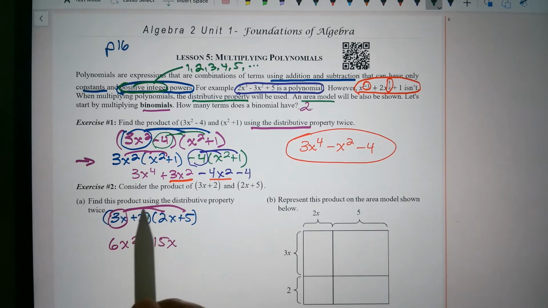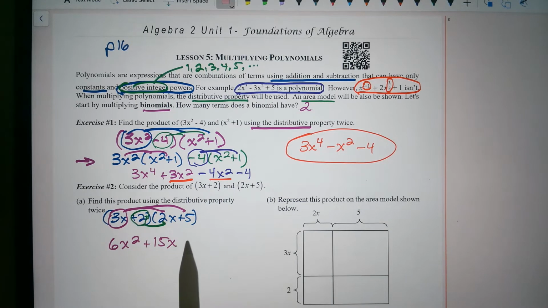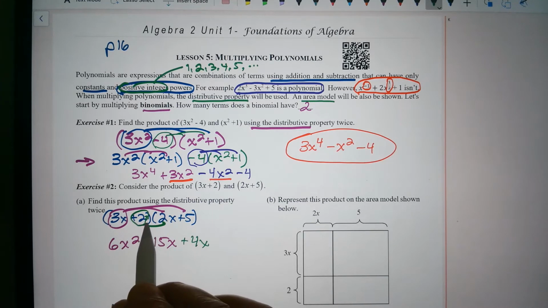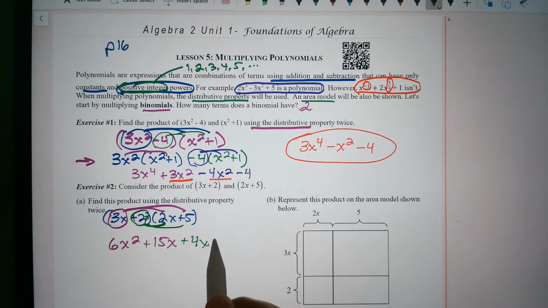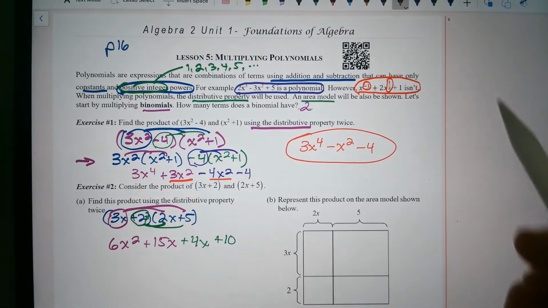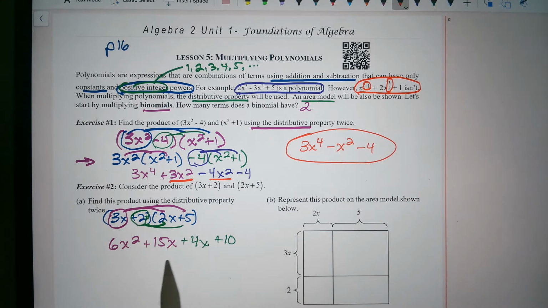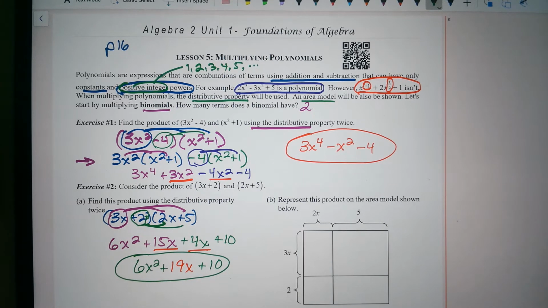And then positive 2 times 2x is positive 4x. And positive 2 times positive 5 is positive 10. Again, look for any like terms to combine. Our x terms here, 15x and 4x is 19x. Let's bring down 6x squared plus 19x plus 10. So part A was using